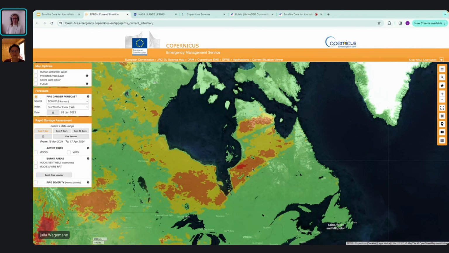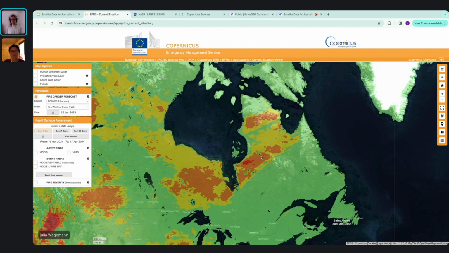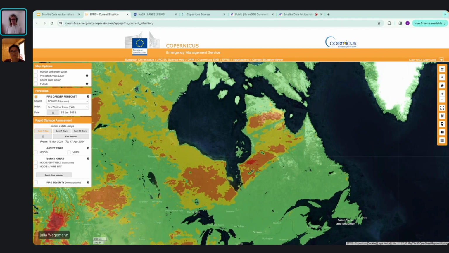So this is a visualization where you get an assessment of the fire risk and the fire danger. However, as I said, there is not an option to download the image. So if you would like to use this information, then you would need to take a screenshot from the portal. But this is one portal where you can get access to this data in an easy, visualized way.